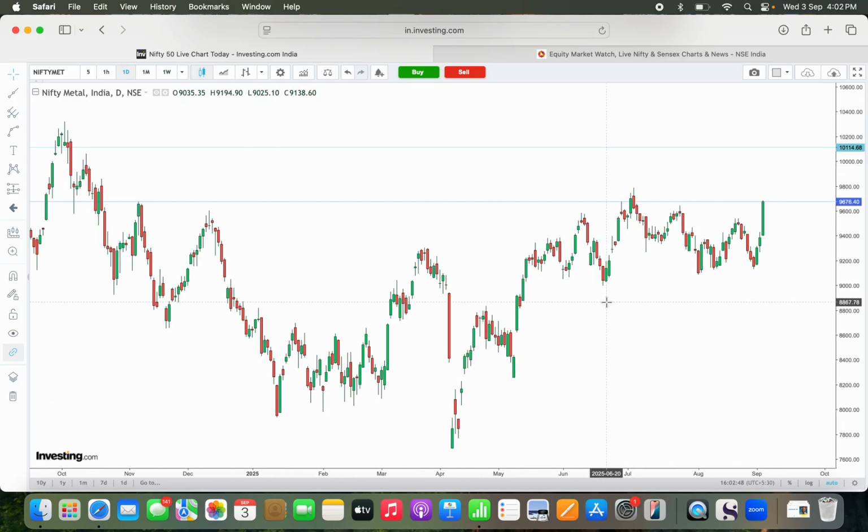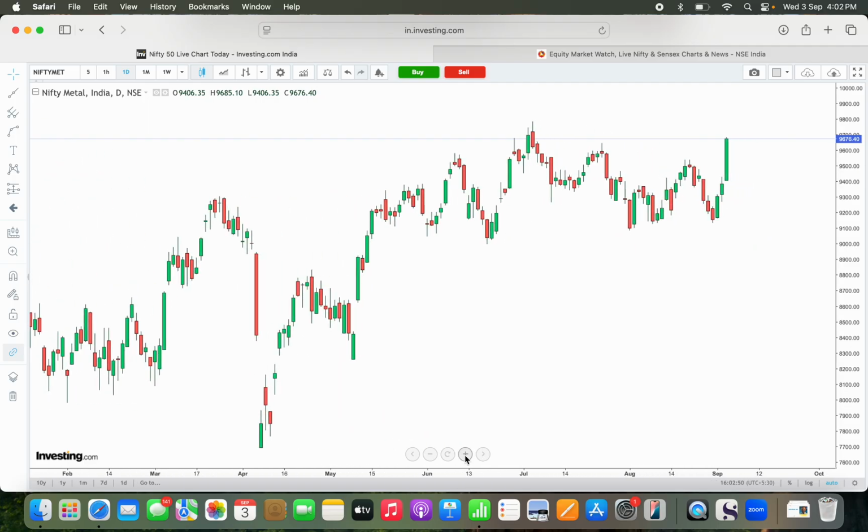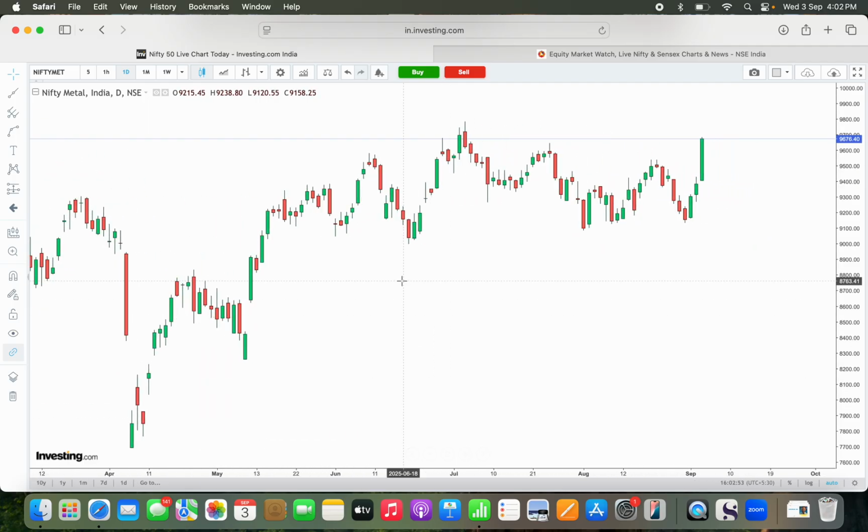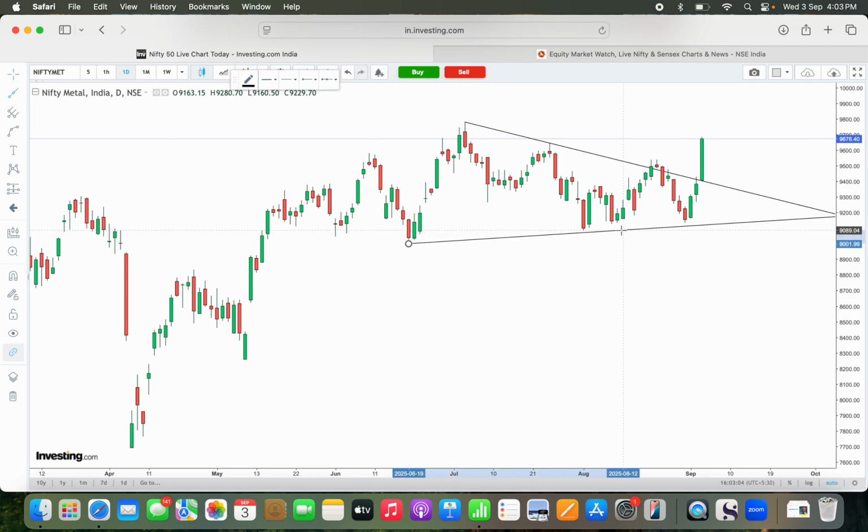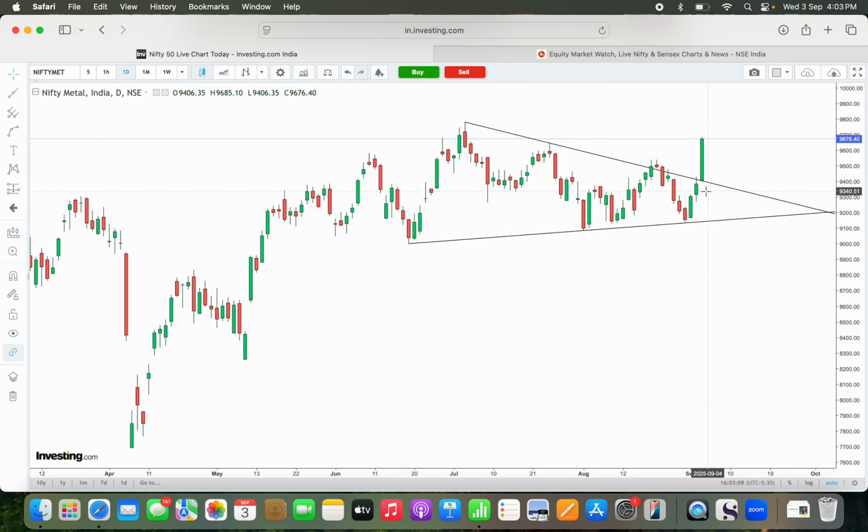Once I come to the daily charts, obviously I will monitor the price action more closely because I have already factored the historic trends. And here, as usual, I will just connect the highs and see if something is forming. And after connecting the highs, I will connect the recent lows to see if something is forming. And when we create this, we get obviously a triangle, and a triangle in which the high is at around 9,800 approximately, and the low is approximately at 9,000. So there is a roughly 750 to 800 point target whenever there is a breakout, and the breakout is obviously